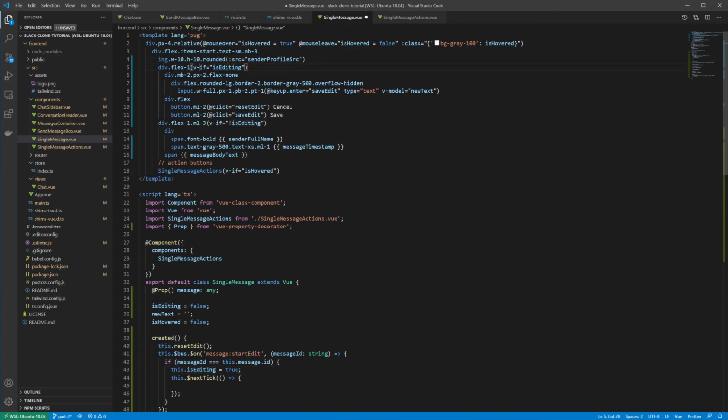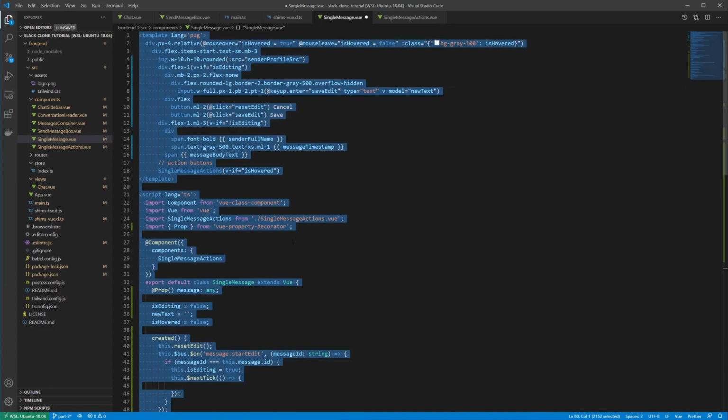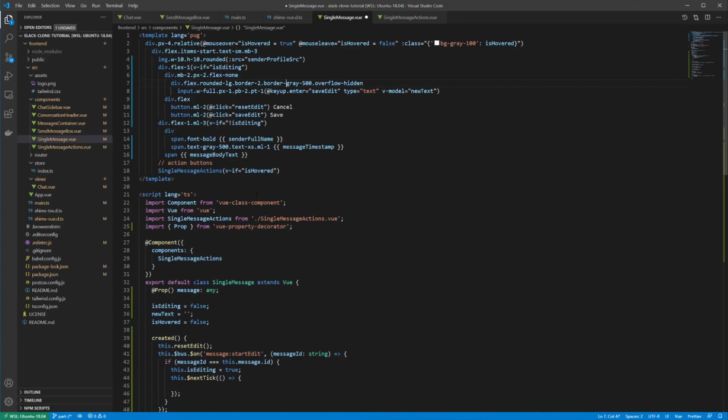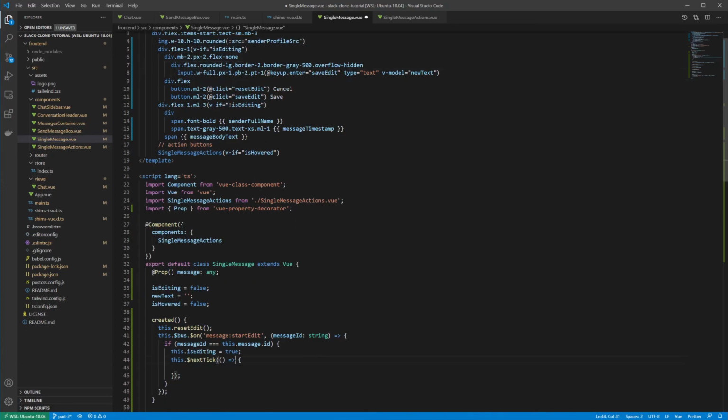And then since it's a v-if, none of this is really rendered yet. Once it detects this is true, then it's going to dynamically render all of this stuff, right? So our input doesn't even exist yet. So I need to wait for the next tick. Next tick is just like the event loop. It's more complex than I would like to get into, but basically